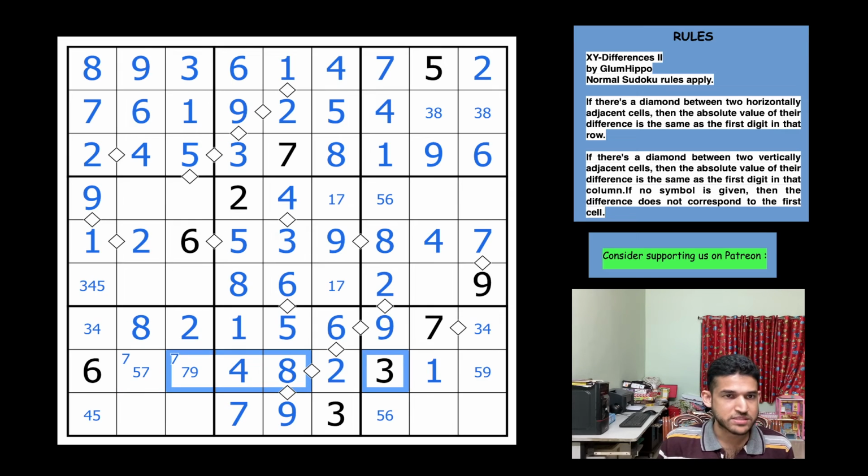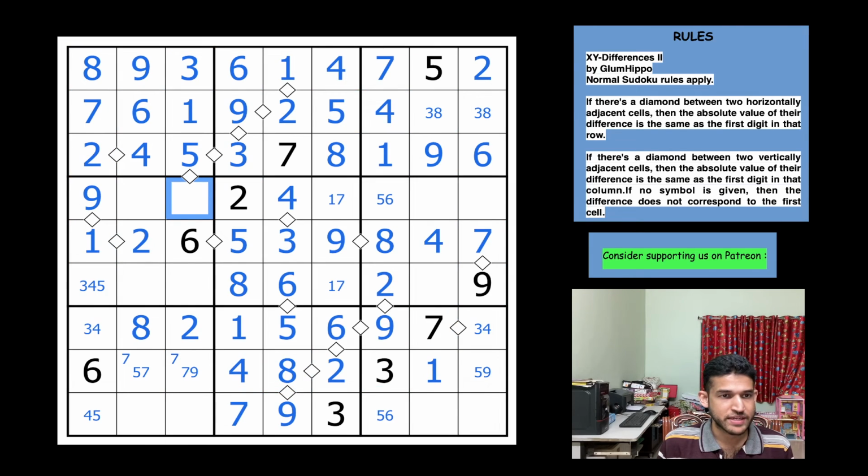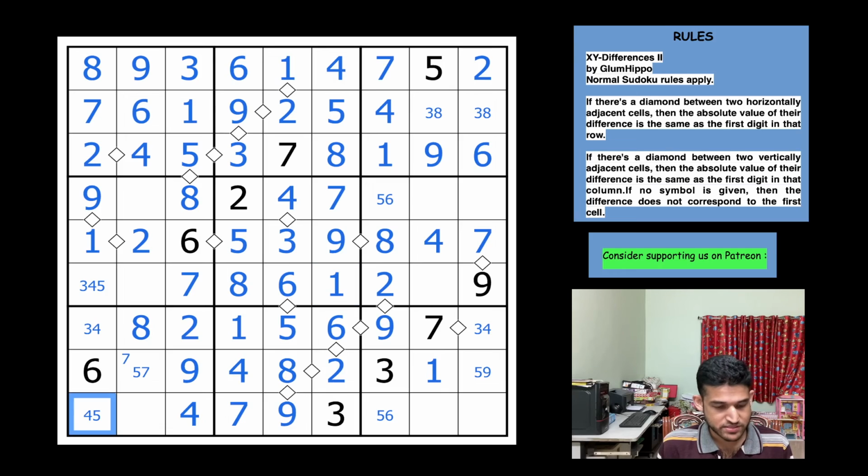Let's look at the diamonds a bit. This one is not yet resolved, and it needs a difference of 3, so it has to be 8. Okay, 4, 7, 9 along the column, this is 4, so this will be 7, 9, and you can't have 7 here because there is no diamond, and difference will become 3. That's a 9, that's a 7, that's a 1, that's a 5, that's a 7,